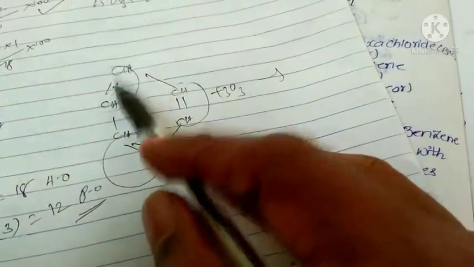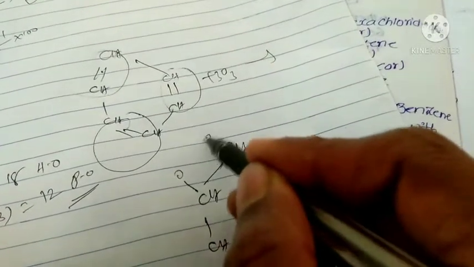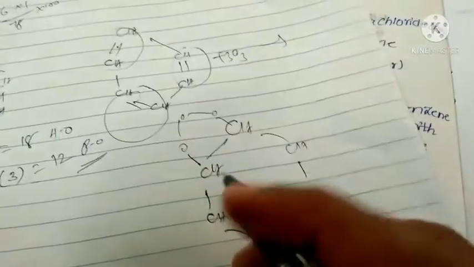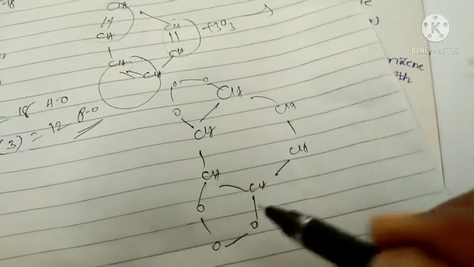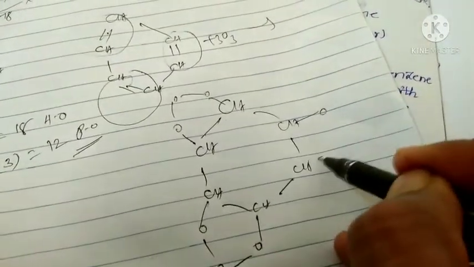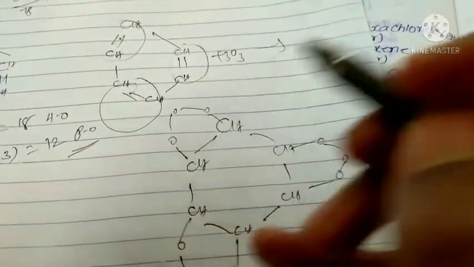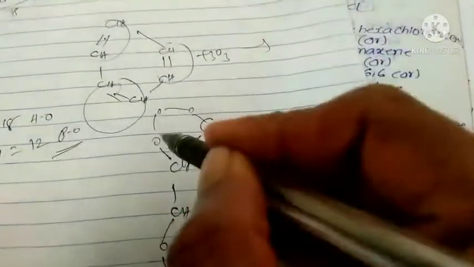Where are the double bonds present? Here. So wherever a double bond is present, there ozone molecules are attached like that. Here also like this. Here also like this. Now this is unstable. When this compound reacts with zinc and H2O,